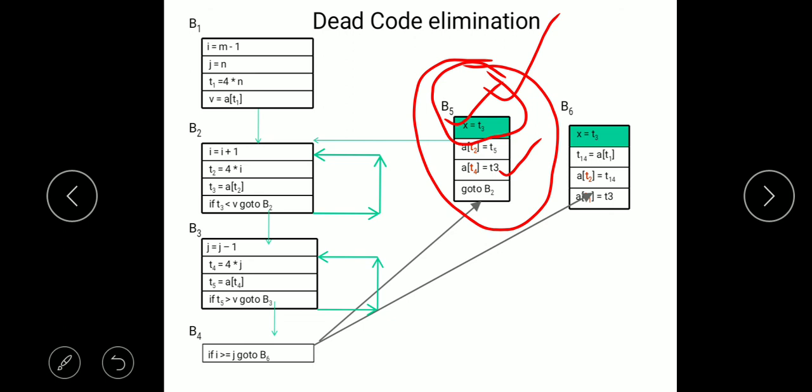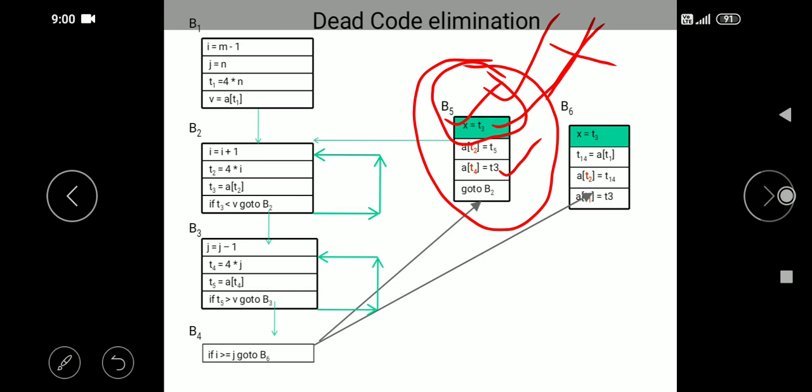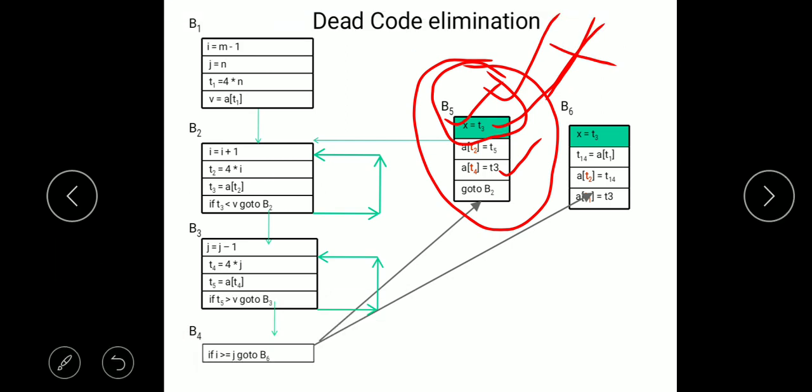That's why it is now called dead code. So we need to eliminate this dead code, and we will eliminate the statement x equal T3. After doing so, you will find this change in basic block B5.